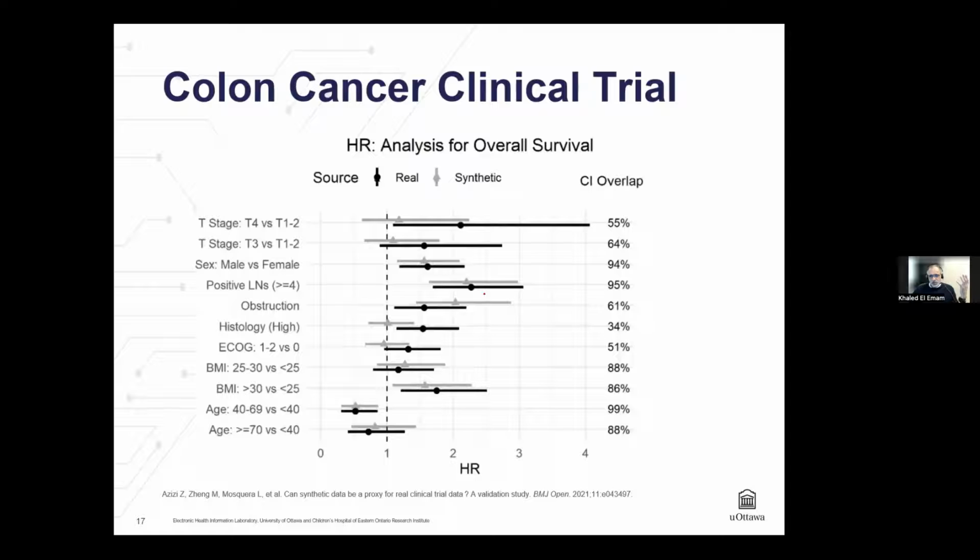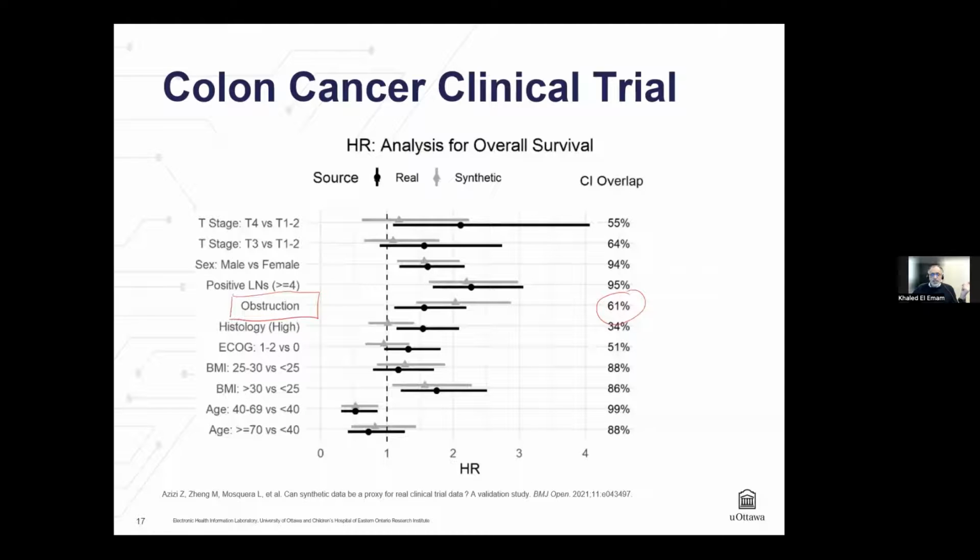By and large, there was strong concordance, at least in terms of the main conclusion. The main study here was around bowel obstruction and the impact of bowel obstruction on survival, and that was consistent between the real and synthetic data, with a 61% confidence interval overlap,